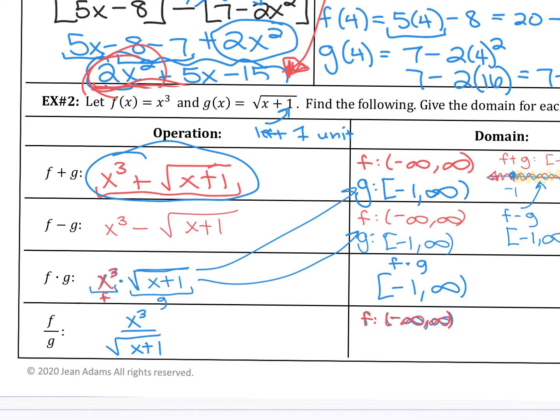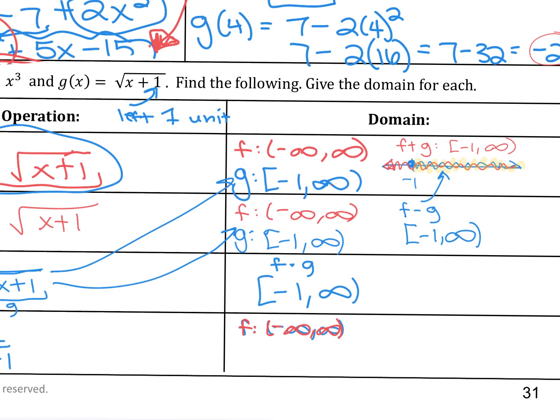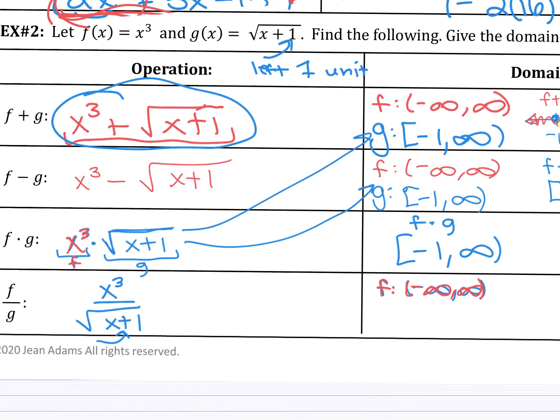But this time, the denominator here cannot equal 0. So here, if I look at the graph that I drew for square root of x plus 1, the function looks something like this, -1, and then going to the right infinitely. I cannot include -1 in the domain of the function of the quotient